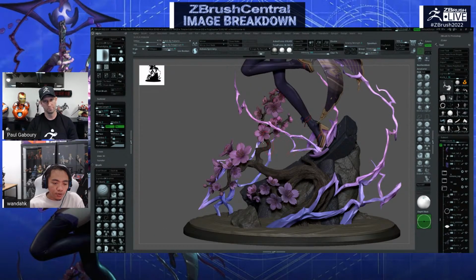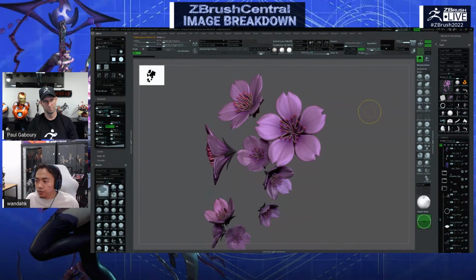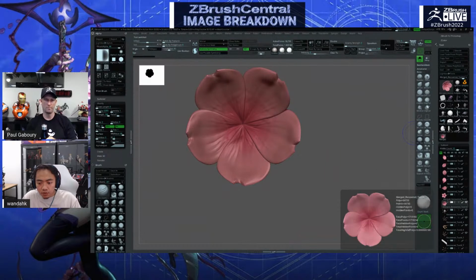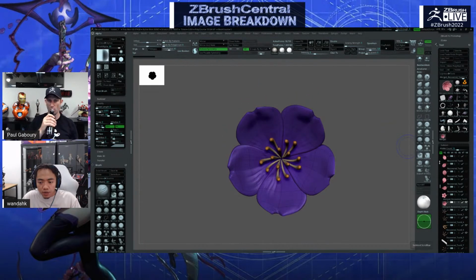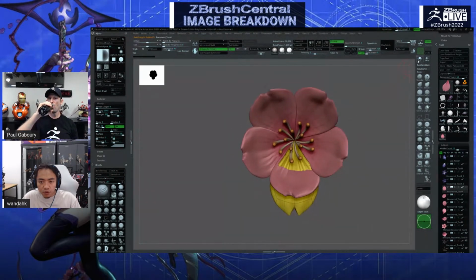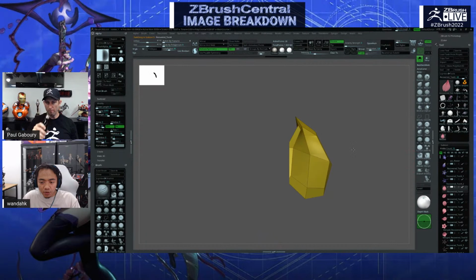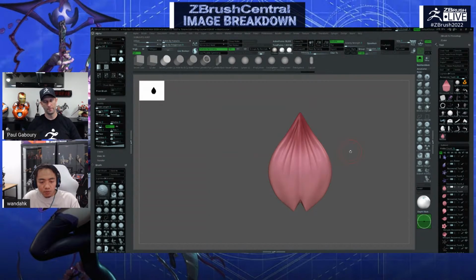And then for the flower right here, I just create one flower. I think I have the file. Let me check. CC flower. I like to keep the files in separate files. So if you see here, I have this flower. The way I create it is just create one flower here. This is created by a simple cube like this, and then I flatten that thing down and then simplify it a couple of times,